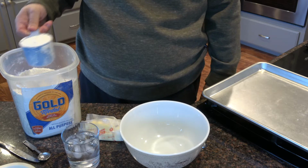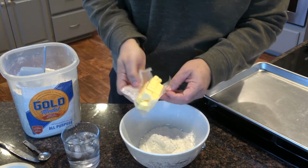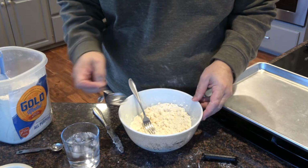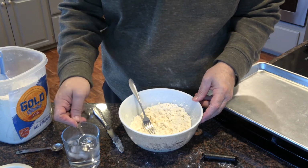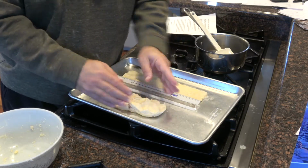And we start making a crust like a shortbread. You essentially add 1 cup of flour, 1 stick of butter, and then you cut the butter into the flour as if you're making a pie crust, right? So till it all gets small little pea-shaped nodules, and then you start adding, it'll end up being between 3 and 3.5 tablespoons of cold ice water. And then you'll need to divide that in half, and you're going to make 2 strips that are 3 inches wide and 12 inches long,